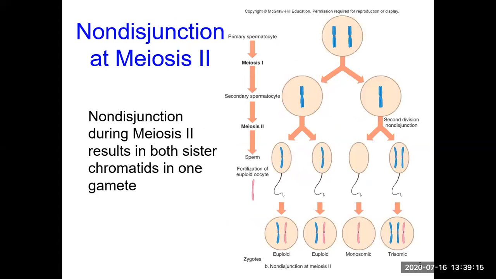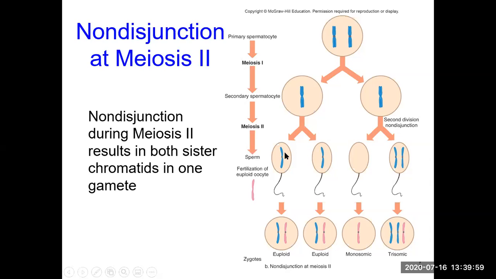But in case of non-disjunction, if you look at meiosis, if there's a non-disjunction in the second step, not in the first step, what happens is the first step is meiosis 1, where the 2 homologous chromosomes separate normal, perfect. This is how it should go. Now in meiosis 2, this chromosome separates into 2 sister chromatids. So this is perfectly normal. But look what happened here. This chromosome failed to separate. This is non-disjunction. And then when this cell divided into 2, both of the sister chromatids came into this one, and this one here does not have any chromatid here, okay? So now these are 4 different types of sperms that have been formed.